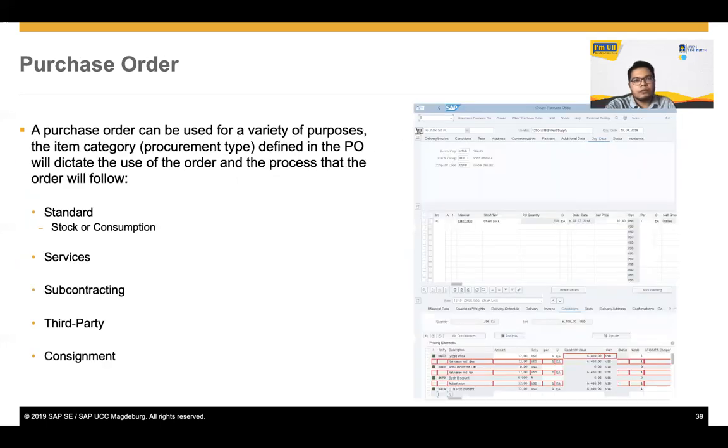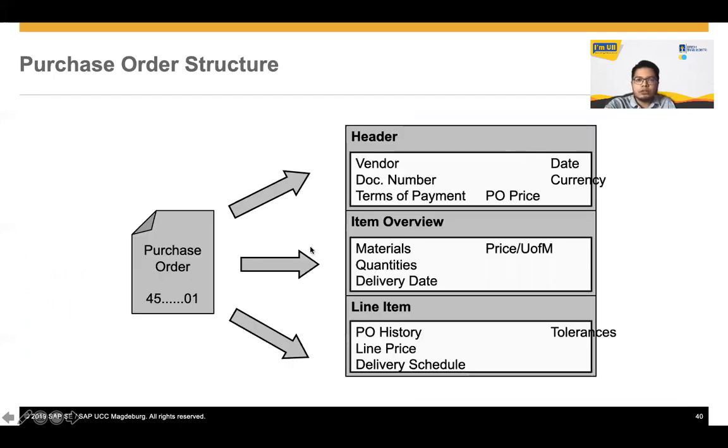Okay. This is an example of creating a purchase order. The structure will be like this. The purchase order structure has a header in the beginning, and then the item overview, and then the line of item. There is a price here. This is the detail. This is basically information regarding the vendor. I think we can get this from the vendor master data, while the other is from material master data, etc.